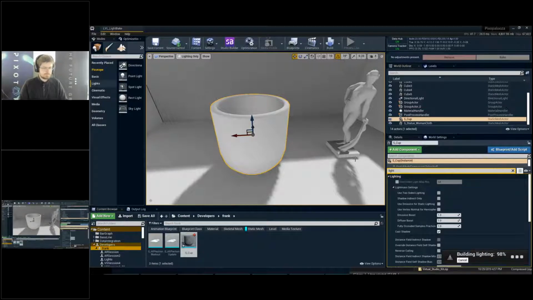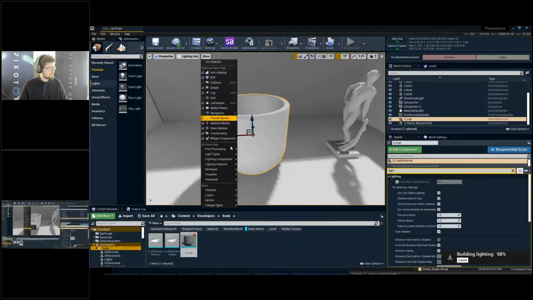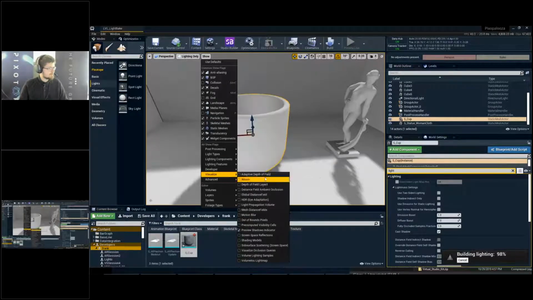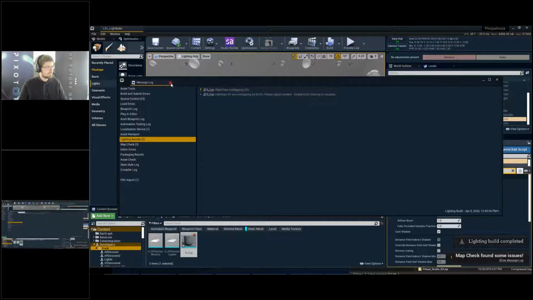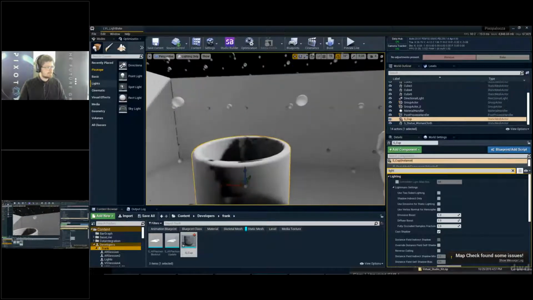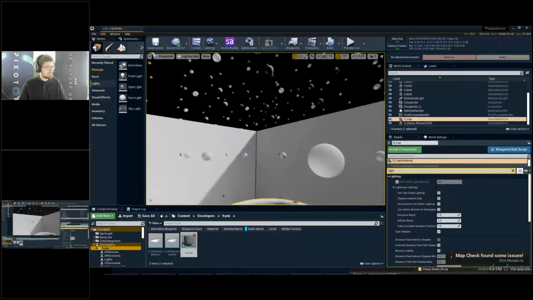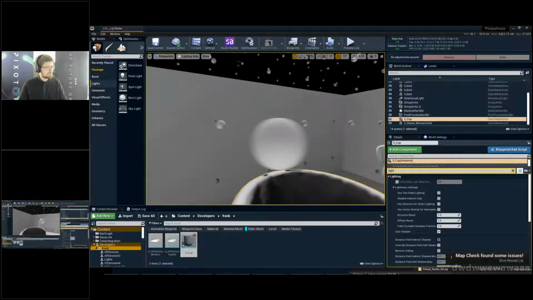Just about done here. While we're waiting on this, let's take a look at our volumetric light map as well, which you can visualize underneath Show, Visualize, Volumetric Light Map. So this is a pretty cool feature. It's going to be updated in a second here. And as we can see, we have all these different spheres which represent